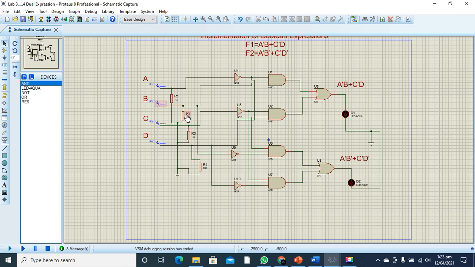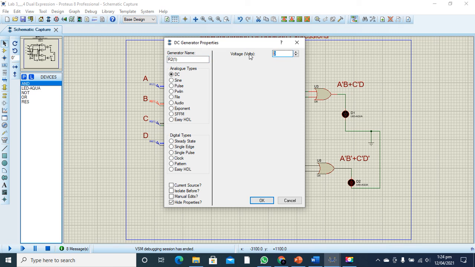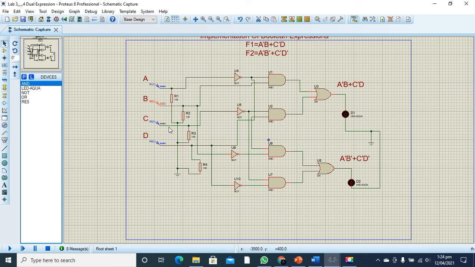So for that purpose, stop the simulation and let's change the readings and start. So it is clear that our first expression is providing high at an output, and the second expression gives low at an output. So in this way we can easily verify our truth table and the truth values.